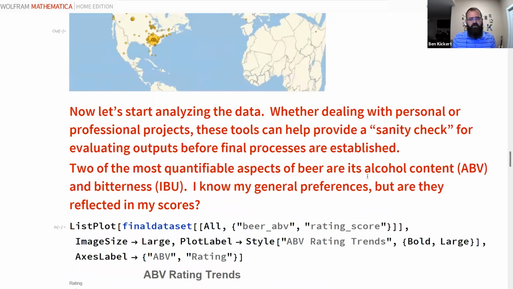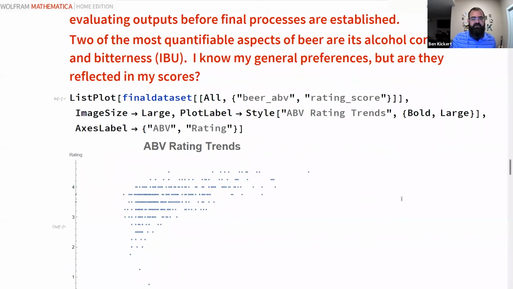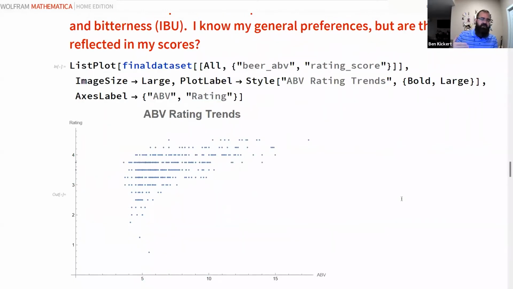So that's a quick and dirty way to show some information about what I had been drinking in a year. But I actually wanted to understand a little bit more about my preferences. Did my scores match up with what I actually thought I was interested in? One of the easiest and quantifiable ways I could think of was to look at the alcohol by volume of the beers that I had. Generally, I like a more full, flavorful beer, which tends to be on the higher alcohol level. When I ran this scatter plot for ABV ratings and trends, we see that it's pretty clearly indicated that just because a beer is low ABV doesn't mean that I'll hate it.